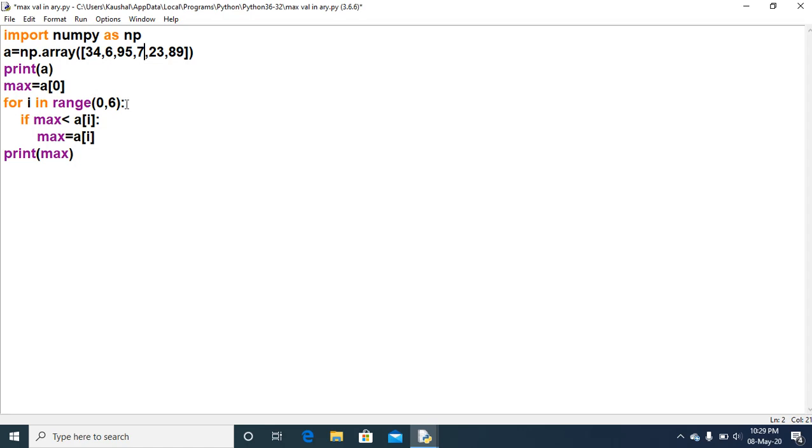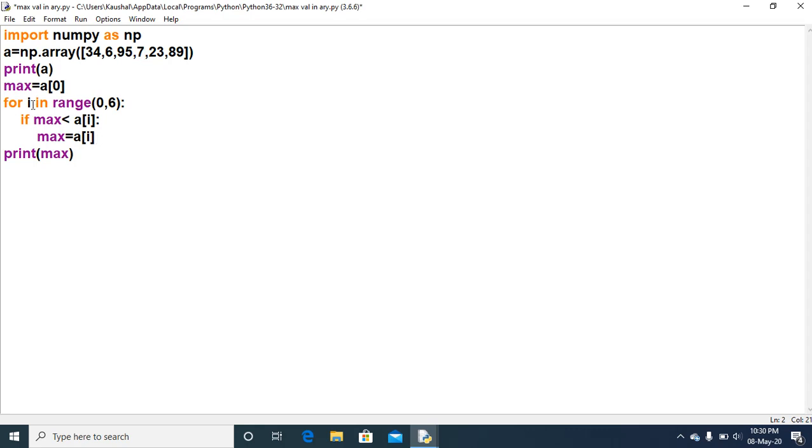In the case of 23, 95 is less than A[i]. The value of i as well as max will be updated only when the condition is true. So only one time is the condition true, in the case of 95. For the rest of the elements of the array, it is false, so the value will remain what the value of max was. Starting it was 34, now it is 95. So out of these elements, 95 is the maximum one.